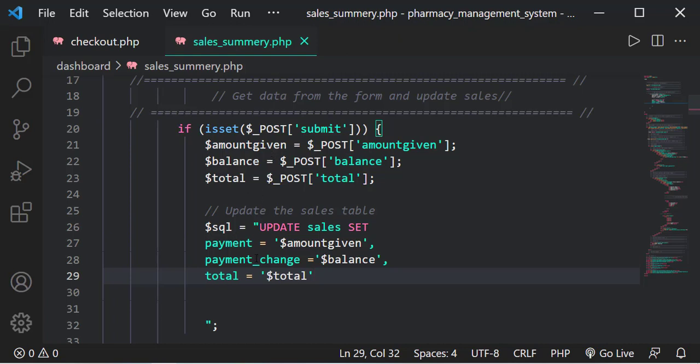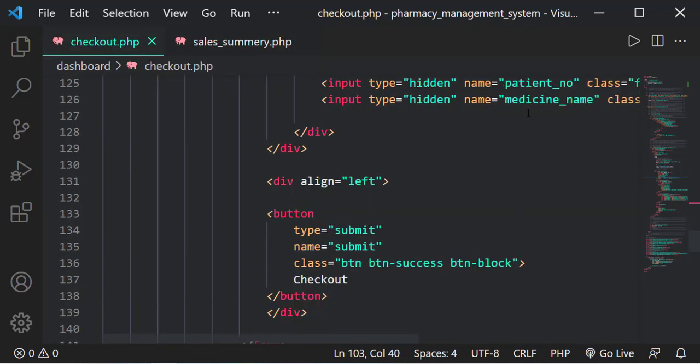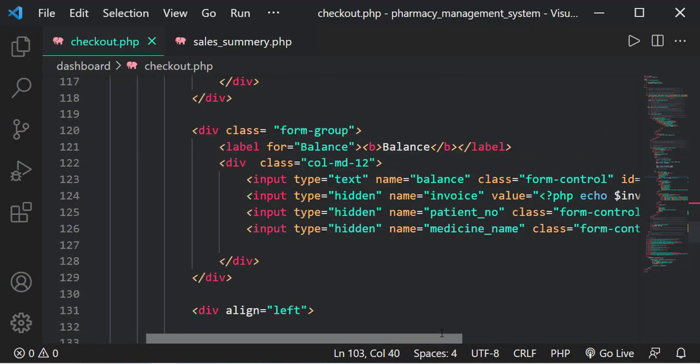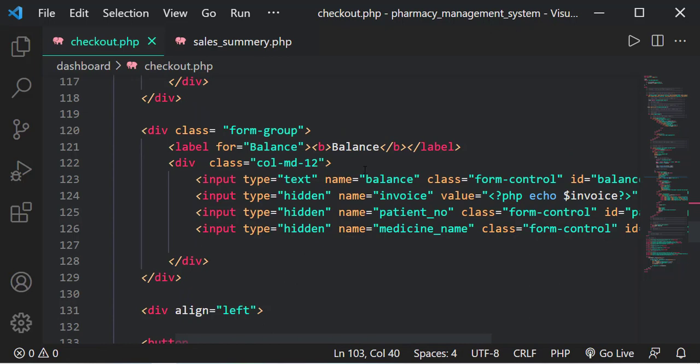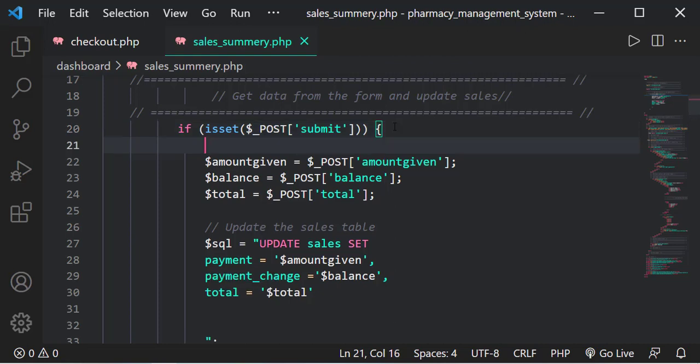We want to update only the transactions that reflect a specific invoice number. So we need to have that invoice number from the checkout page. If we go to checkout.php, you find that we have the invoice here. So we need to grab this invoice and have it in the sales summary,